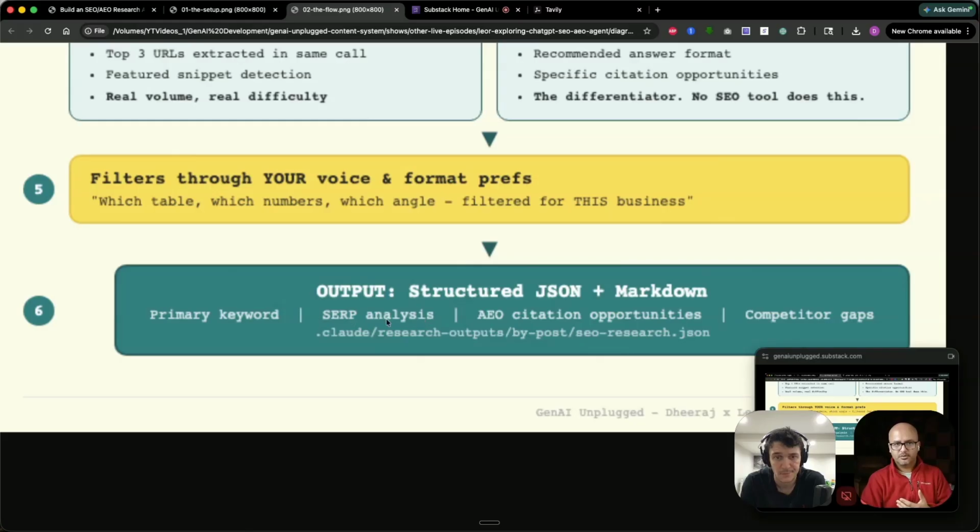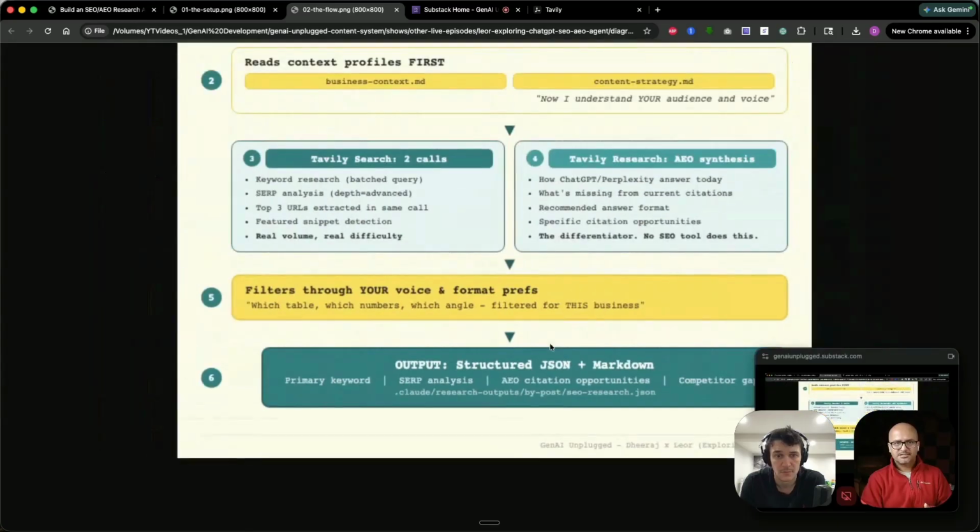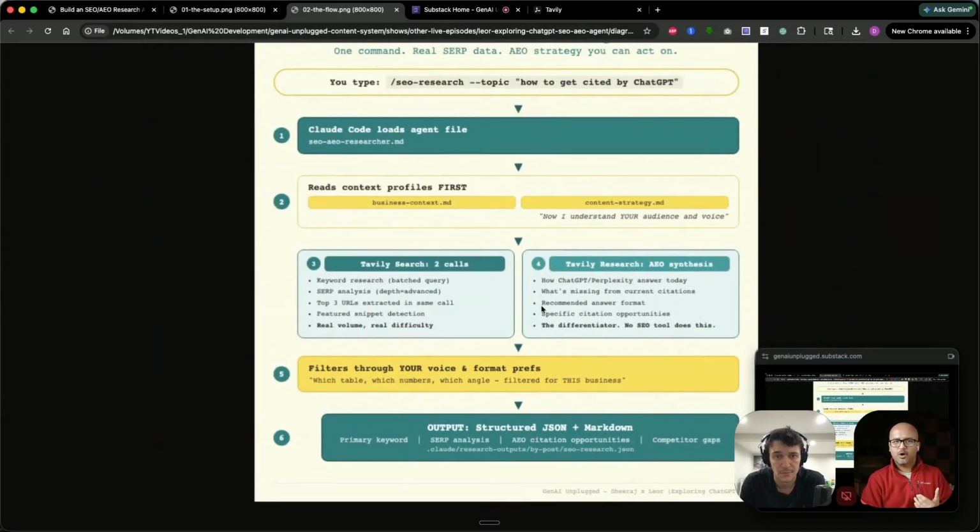AEO citation opportunities will tell you how you can get cited, and then the competitor gaps, and it is going to store it in the output folder. So that's how a simple query flows through our architecture.